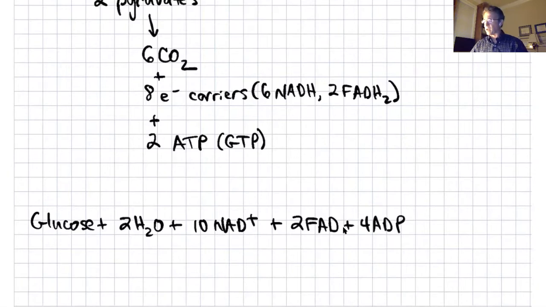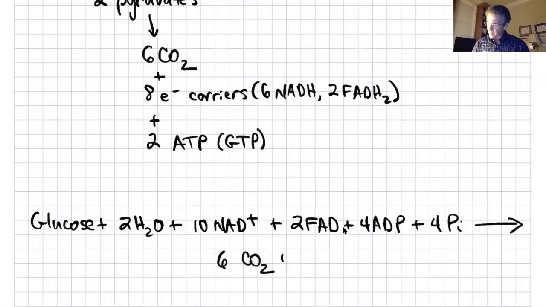If we're basically going to fold in the total direct synthetic yield from glycolysis through the TCA cycle, so 20 steps of chemical reaction, this would be our net at this point. Plus 4 inorganic phosphates would then yield 6 CO2s plus 10 NADHs